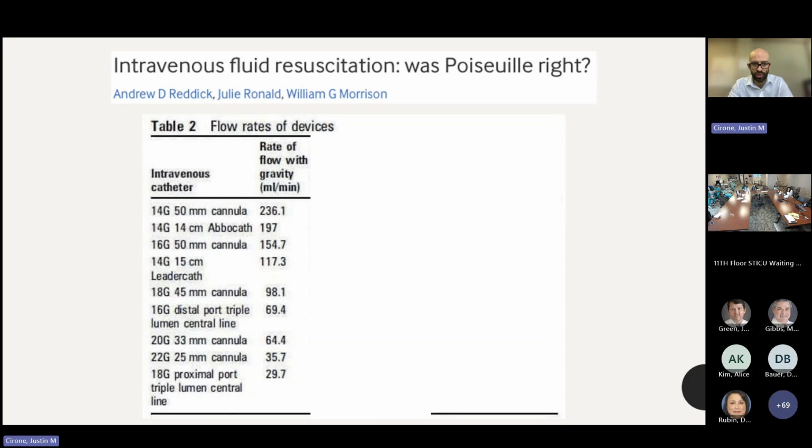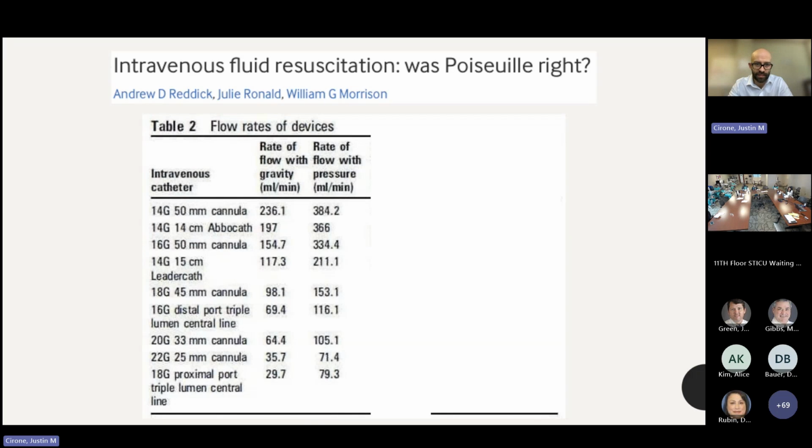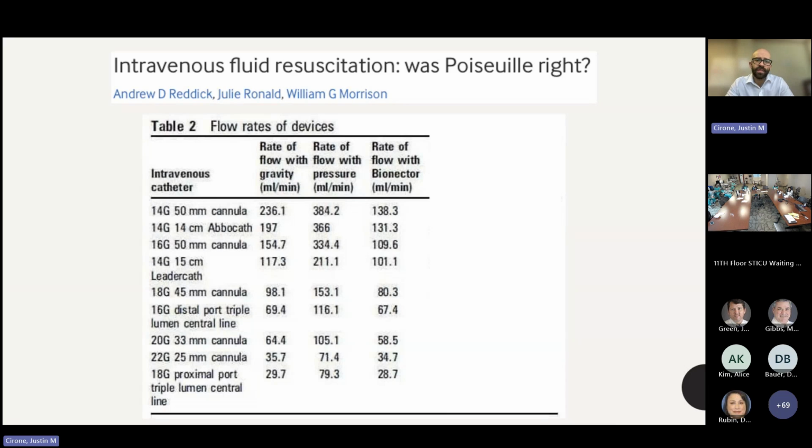So a 14 gauge short cannula is going to have a flow rate of about 236 milliliters a minute. With the pressure bag, everything is faster, as could be expected. This now is an area of my personal interest that I often have not necessarily disagreements with, but I need